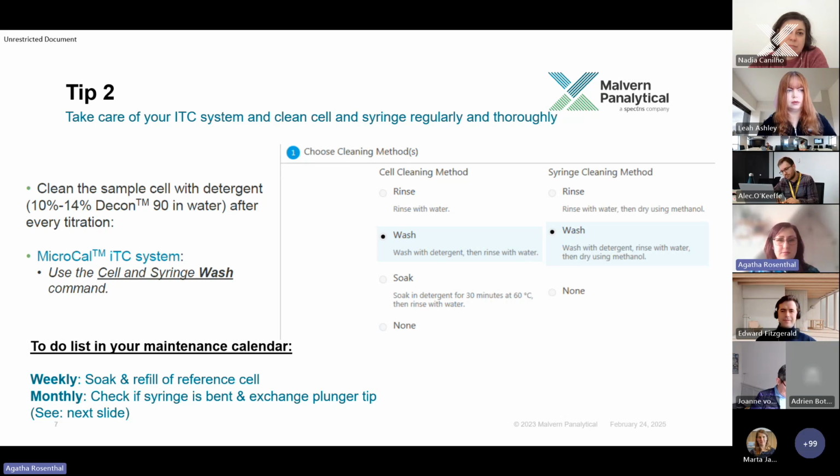An ITC system loves to be clean. So our task as users is to take care of our ITC system and clean both the cell and the syringe regularly and thoroughly. Meaning, if you have performed a real experiment with some sticky protein, for example, it is very clever to use the wash cleaning method, meaning that the detergent Decon as a 10 to 14% dilution goes